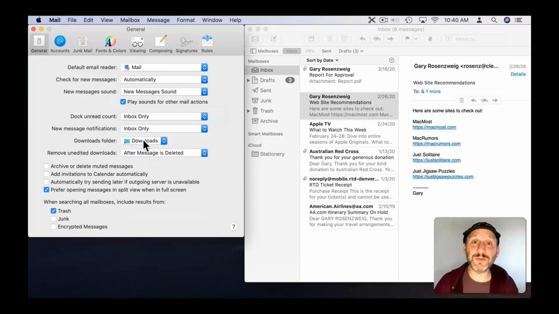You could set the downloads folder for when you download an application. This is the default location for that. You can always save each one individually, drag and drop and all of that. But it's useful to have this set to the same location that Safari uses for downloads. But you can set it somewhere else if you want.